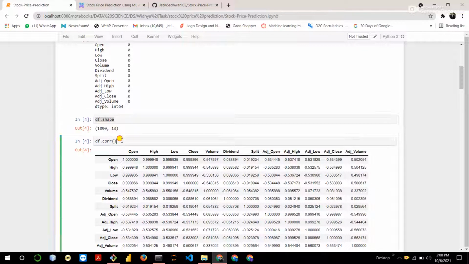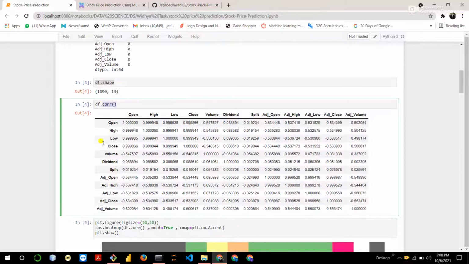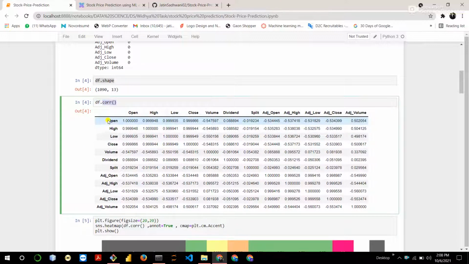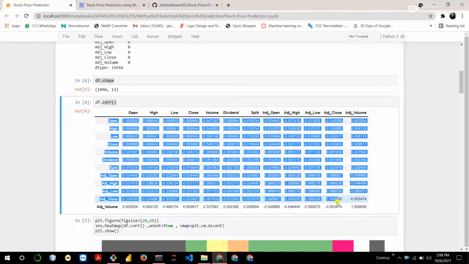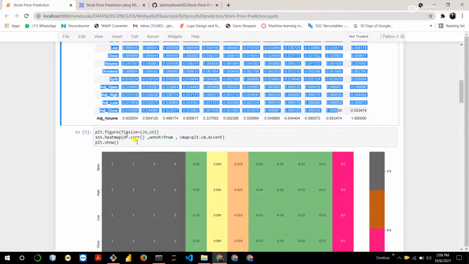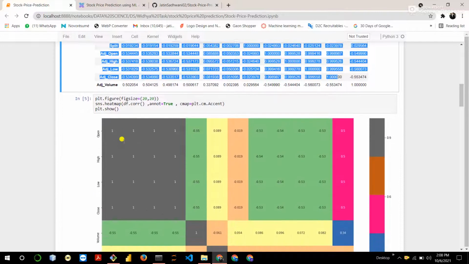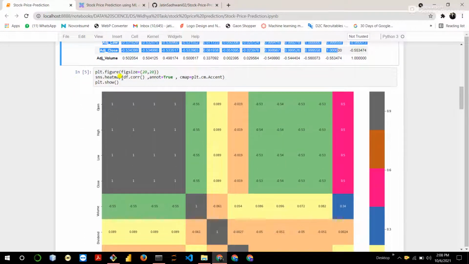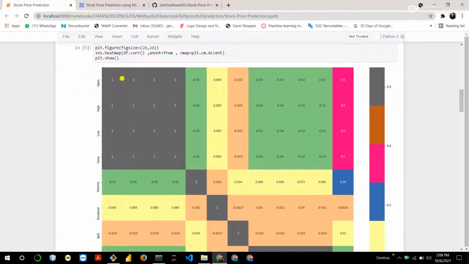Then check the correlation of the dataset. Using the corr method you can see the correlation, but in this it's difficult to understand the correlation. So with the help of the heatmap function of Seaborn, we visualize the correlation of our dataset.